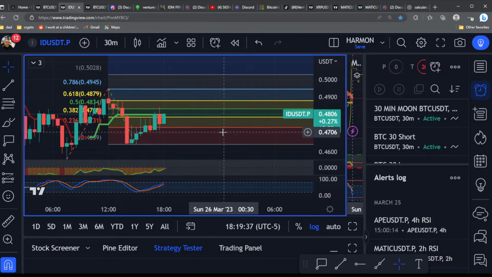Now, considering that this is a 1.6% move, the next thing that I want to do is go to my MEXC, and I want to see if MEXC has ID, and I want to see what the leverage is on ID. So go over to whatever exchange you're using. I use MEXC, and it looks like that I can go up to a 125x leverage. Oh my God. So I can actually,